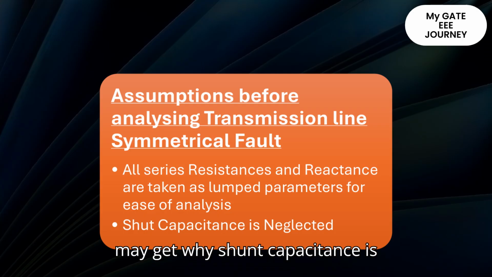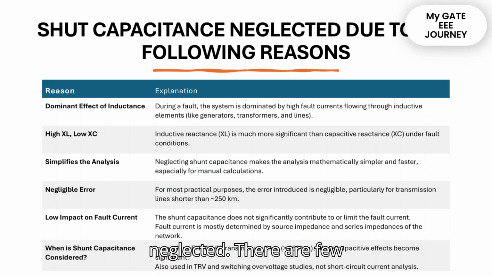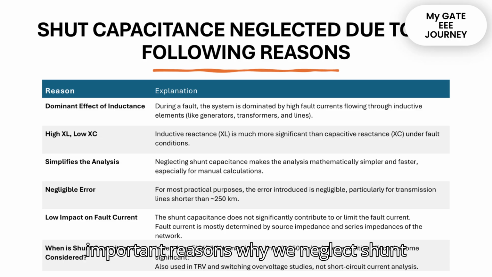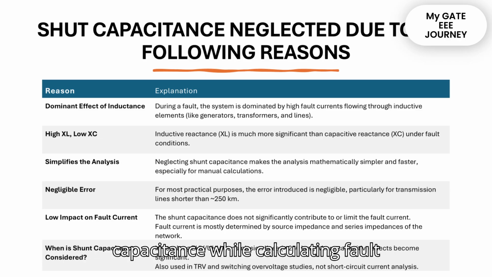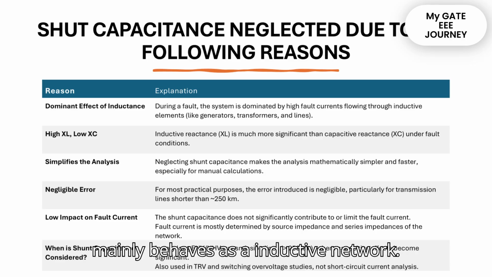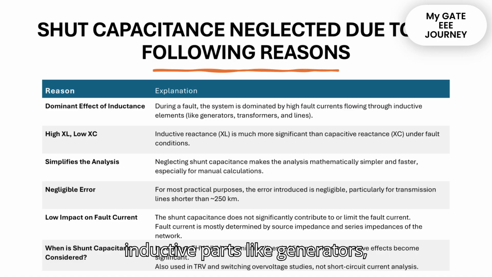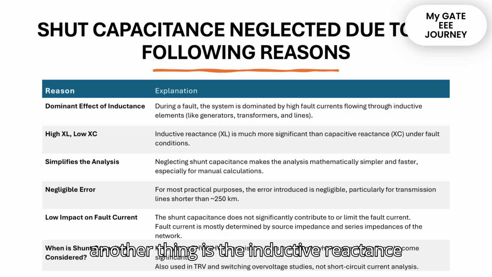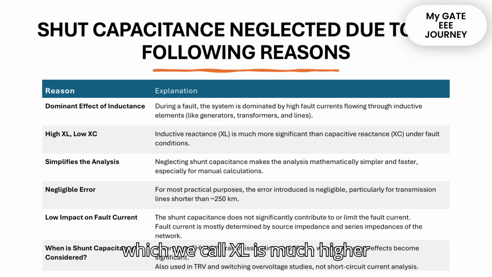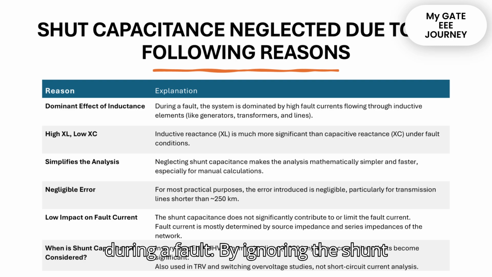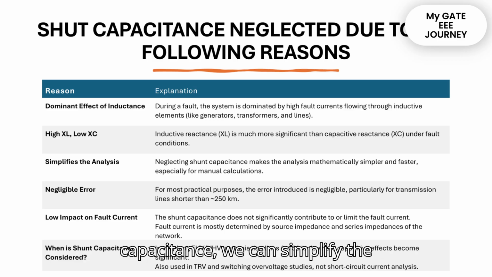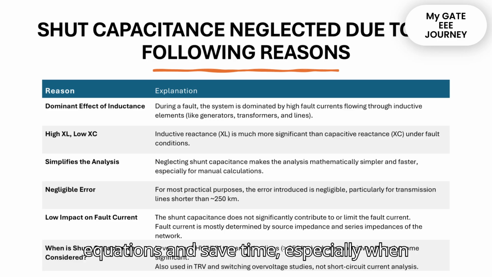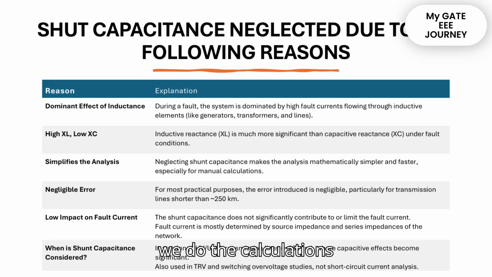You may wonder why shunt capacitance is neglected. There are a few important reasons why we neglect shunt capacitance while calculating fault currents. During a fault, the system mainly behaves as an inductive network. High fault currents flow through the inductive parts like generators, transformers, and transmission lines. And another thing is the inductive reactance, which we call XL, is much higher than the capacitive reactance XC during a fault. By ignoring the shunt capacitance, we can simplify the equations and save time, especially when we do the